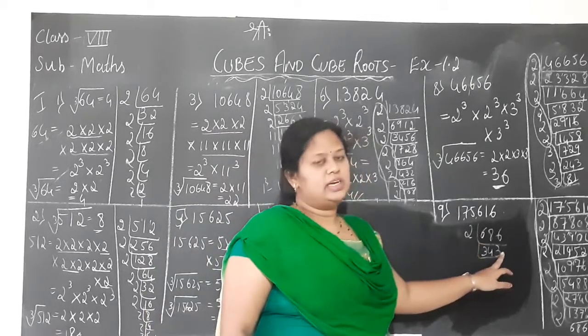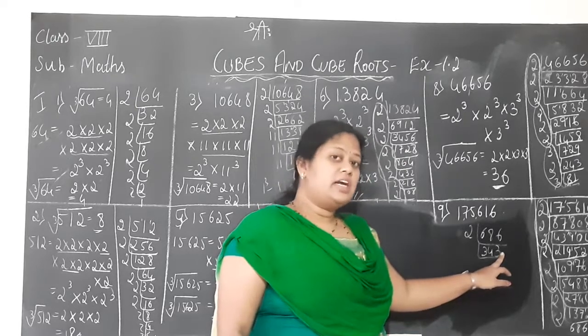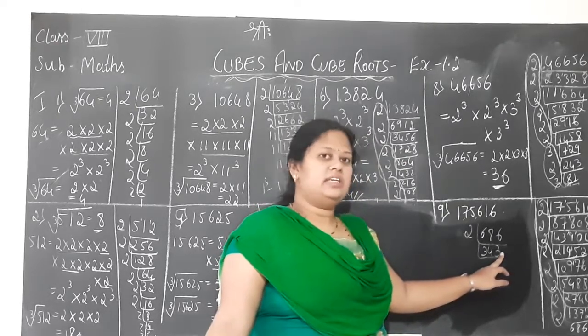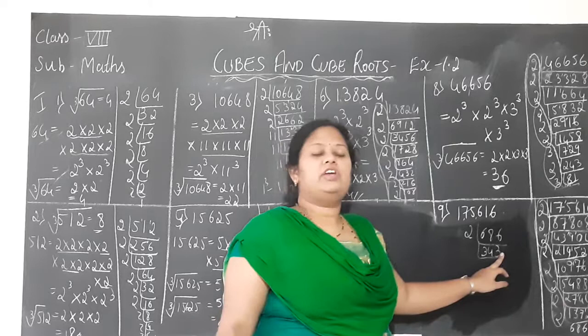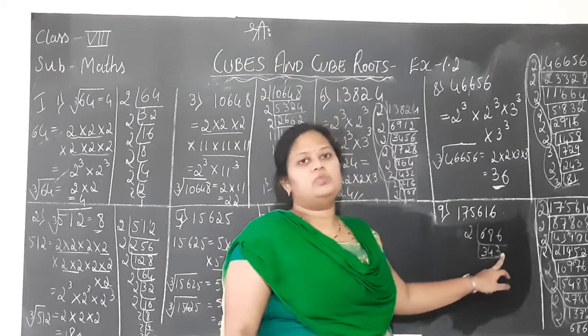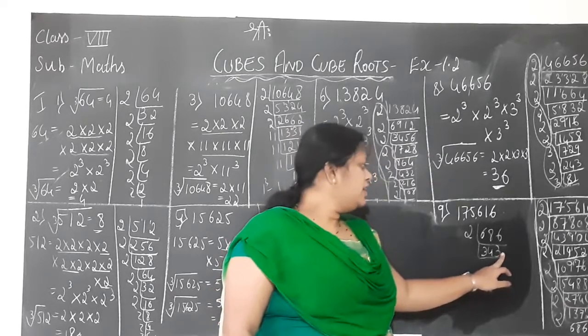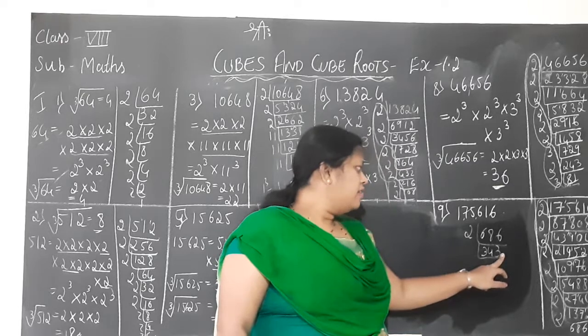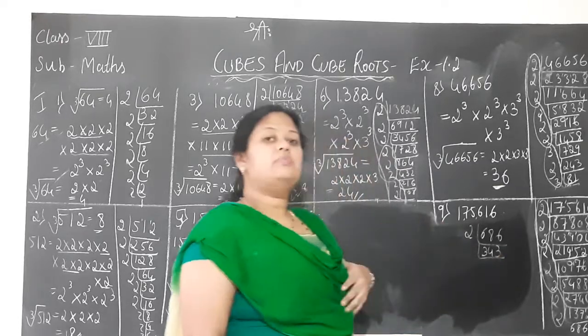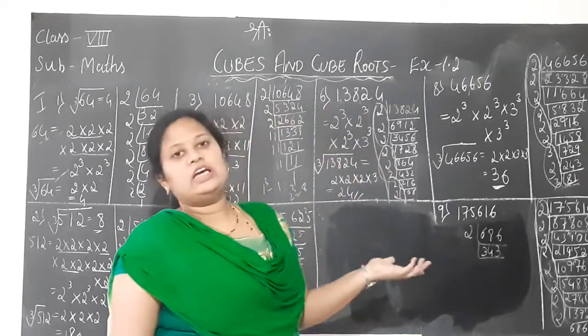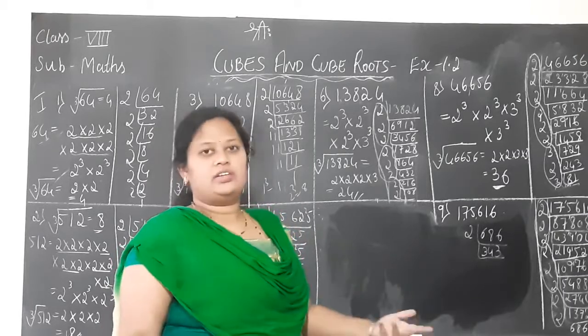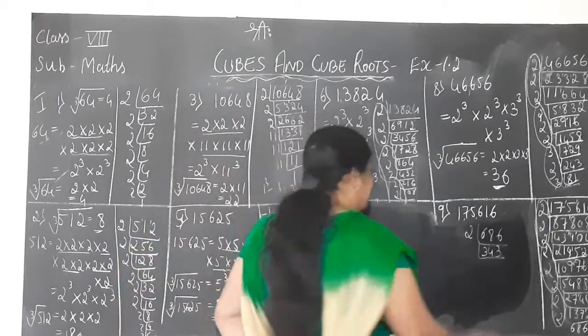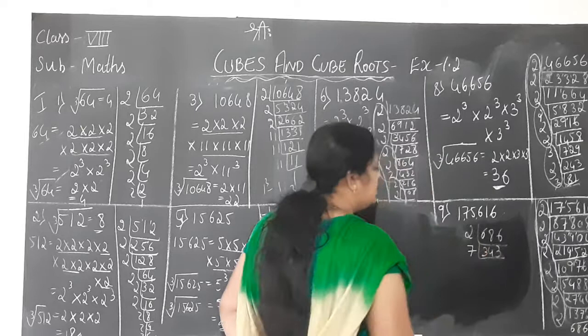So next possibility 4 I cannot go by. We have an odd number in the units place. Checking 5 is a waste, because the unit place is 3, so it is not at all divisible by 5. None of the multiples of 5 ends with 3. So next possibility 6 also not. We will go with 7, children. Why not 6? Because again the multiples of 6, if you check in the unit place, do not have 3. So I will check with table 7.